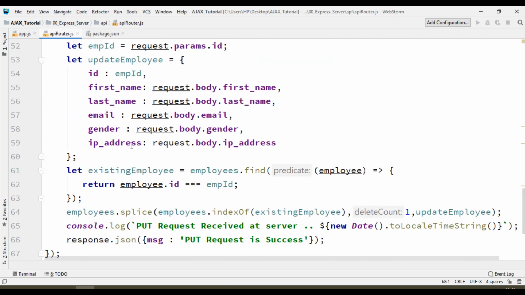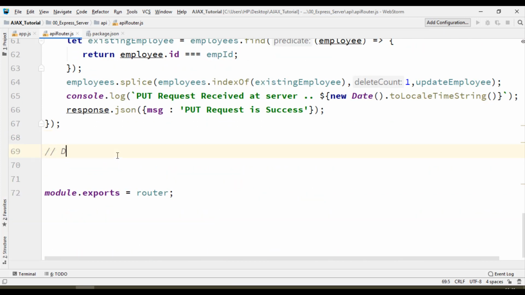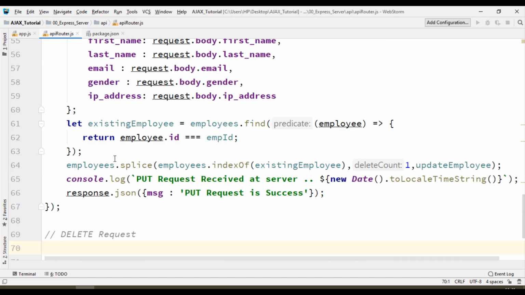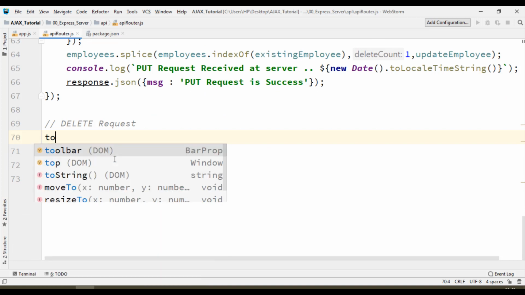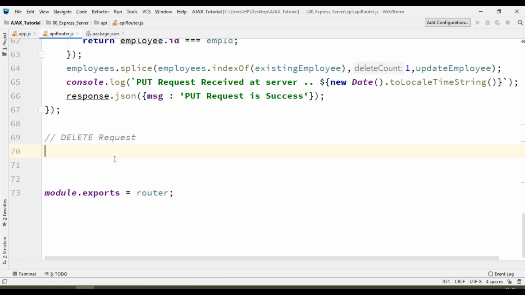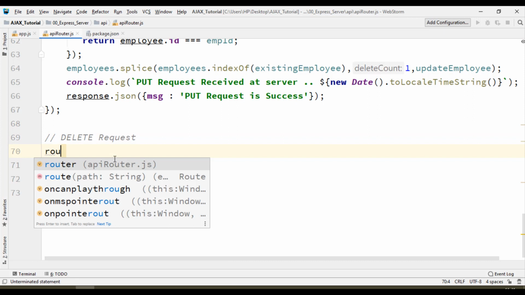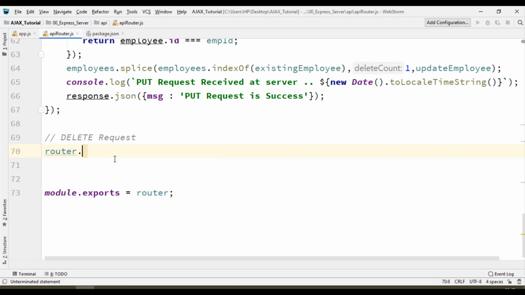So delete, how to do it, finally the delete request. So let's say router dot delete. Here you will have a URL.